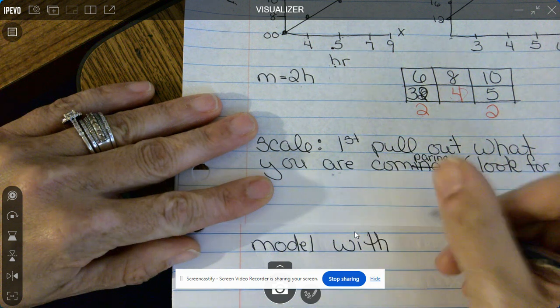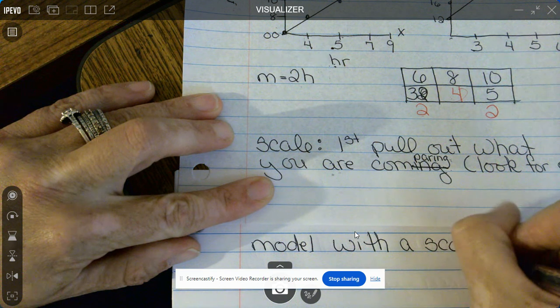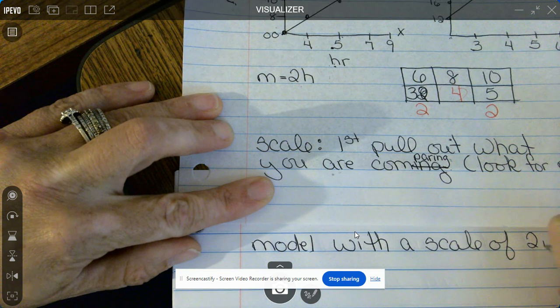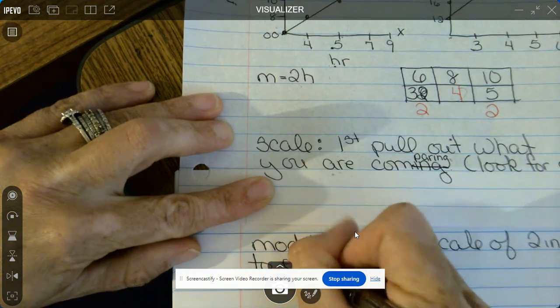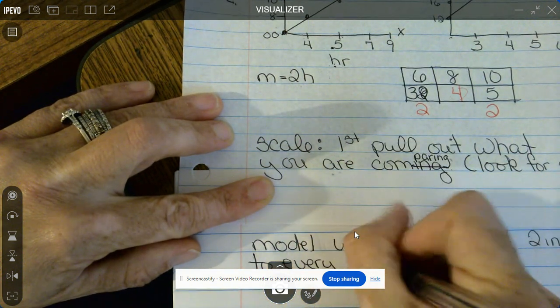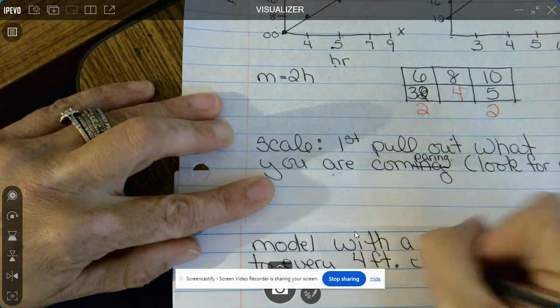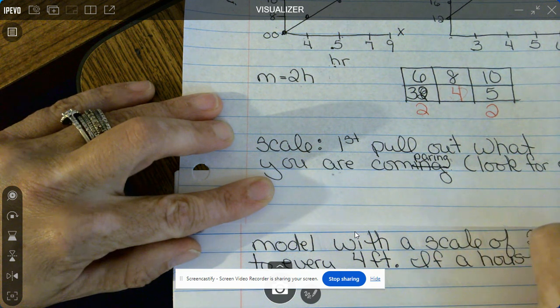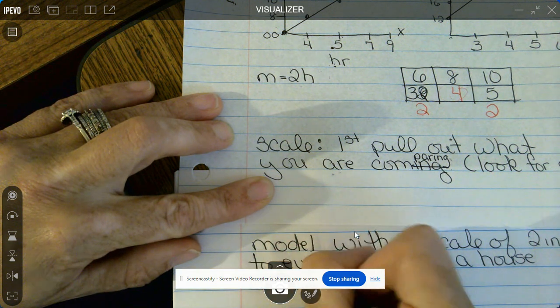A model with a scale of 2 inches to every 4 feet. If a house is 80 feet,